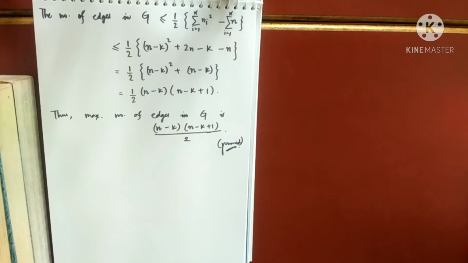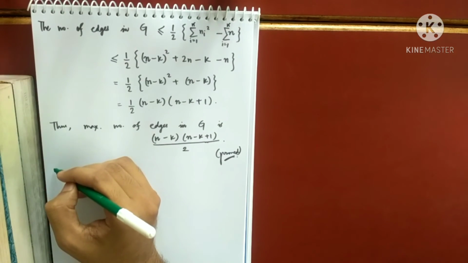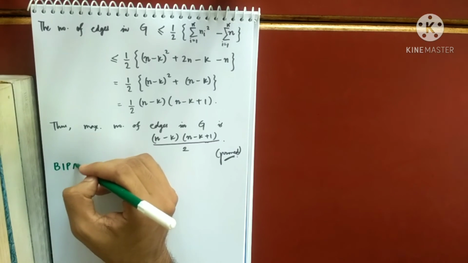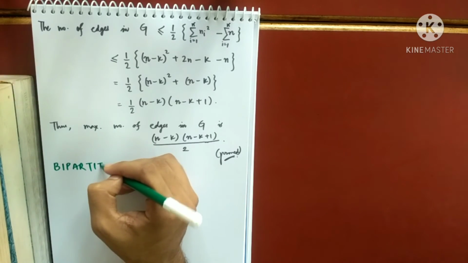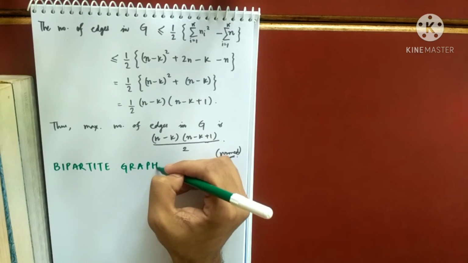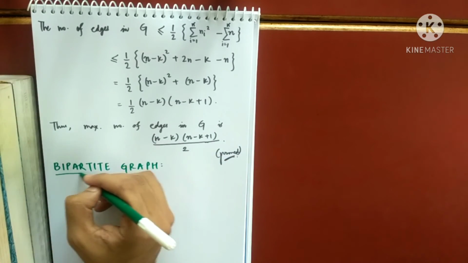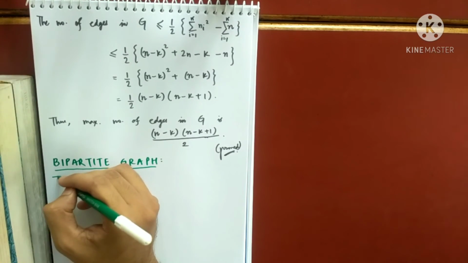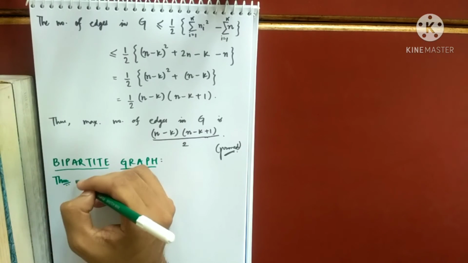Now, I would like to end this chapter with two important theorems based on bipartite graph. So we are again going back to bipartite graph. We'll end this topic by doing two theorems based on bipartite graph. The first theorem is this: